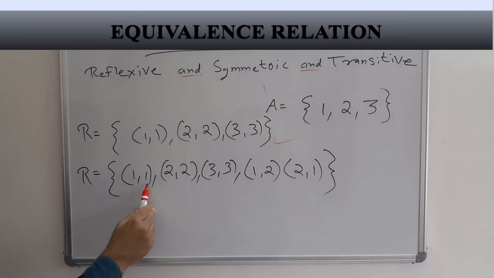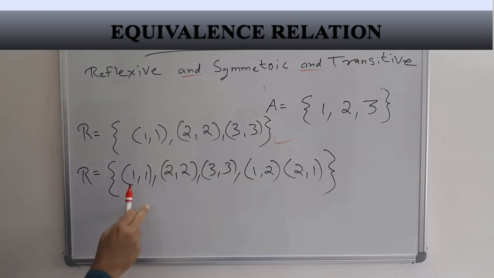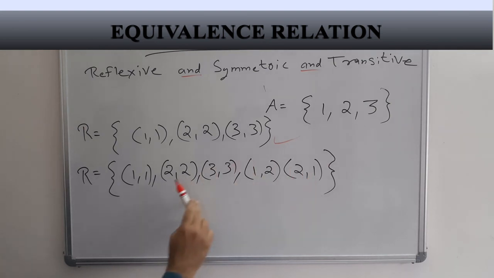Here for 1 1, the second pair is 1 2 and we expect a 1 2 here as a third, and it is also present there. And there is no other second term for this. Then we'll come to this pair. We have 2 2 and we have a 2 1 here. So we expect another 2 1 as a third, and it is present. That's it. And we'll come to 3 3 and there is no second pair for it.